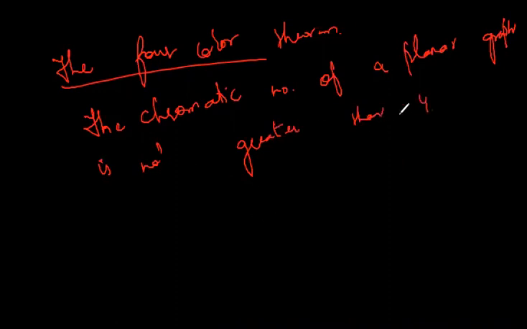So basically I am saying that for a planar graph, you have seen the examples of planar graphs in the earlier slides. Take a planar graph and try to find the chromatic number. You will always notice that the chromatic number of a planar graph is not greater than 4. By yourself, take an example and try to solve the problem. And this concludes your chapter 4. Graph coloring is the last topic in chapter 4.